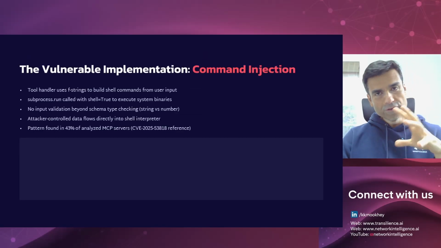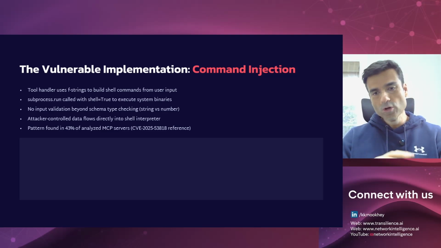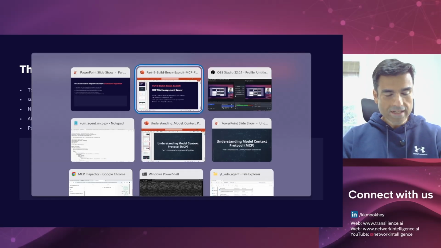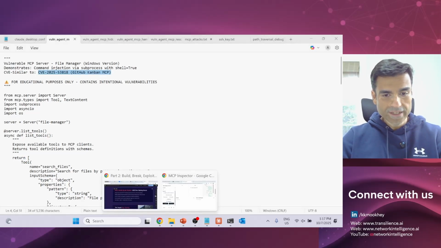Okay, so the first thing that we are going to look at is the command injection attack. Before we do that, let's look at the code itself. So this is the vulnerable MCP agent code. And again, this vulnerability actually does exist. So if we look at this